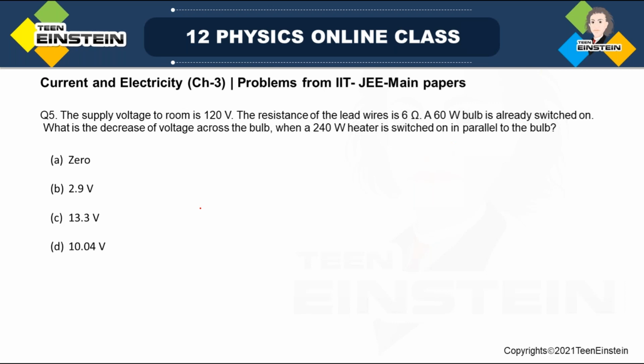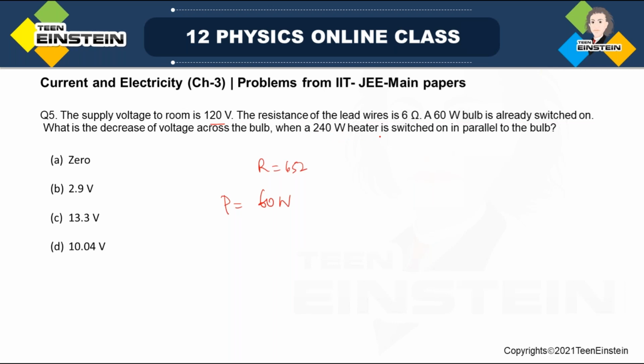So the question is, the supply voltage to a room is 120 volt. The resistance of the lead is 6 ohm. This is the power of a bulb. A 60-watt bulb is already switched on. What is the decrease of voltage across the bulb